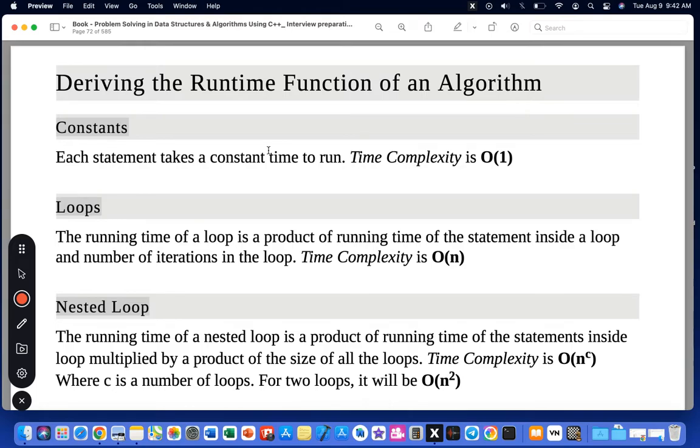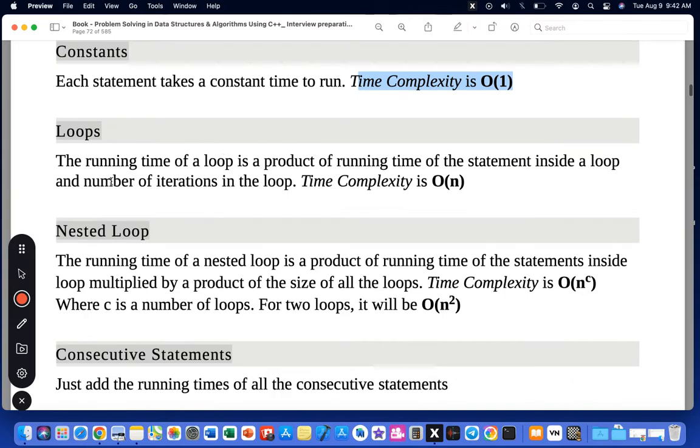Deriving the runtime function for an algorithm. Constant loops, nested loops. Deriving the runtime function of an algorithm. Each statement takes a constant time to run, time complexity, constant time. Loops. The running time of a loop is the product of the running time of a statement inside the loop,